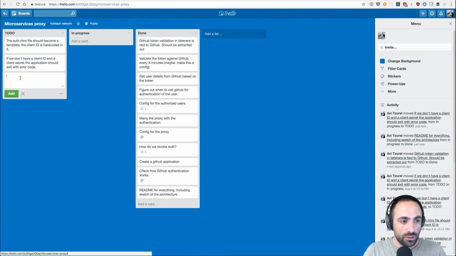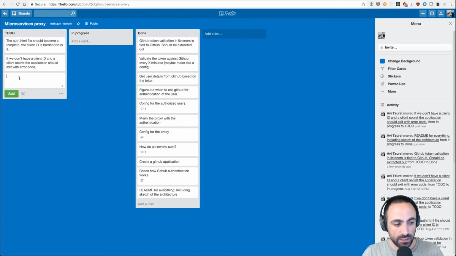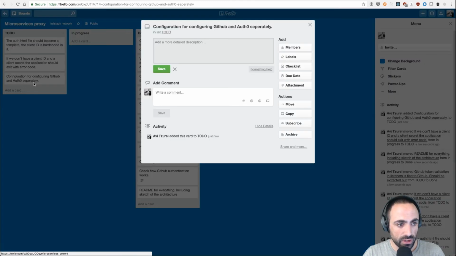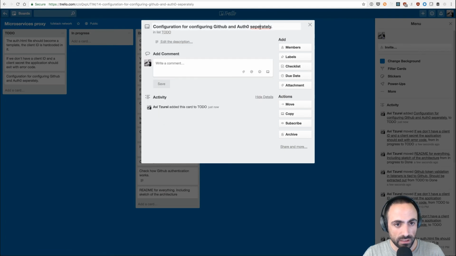Okay. So now what we need is configuration for configuring GitHub and Auth0 separately. And this is not how you spell separately, evidently. This is how you spell it.